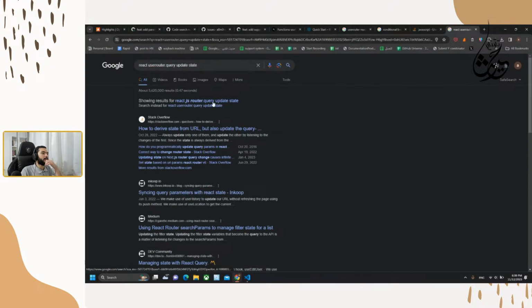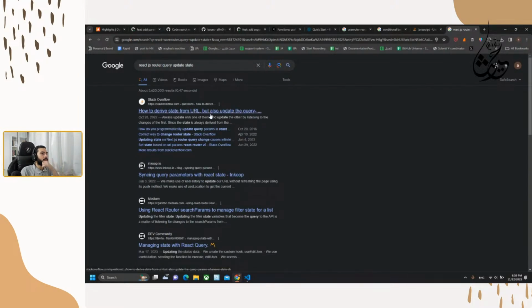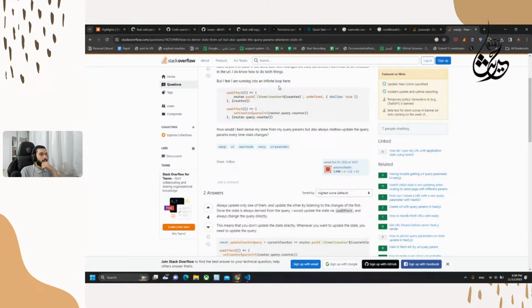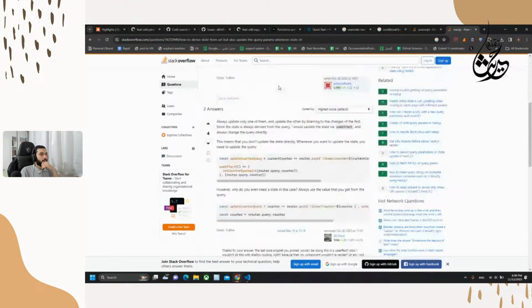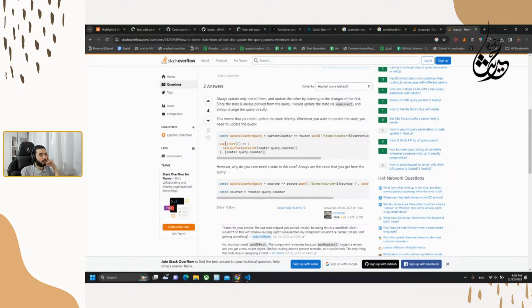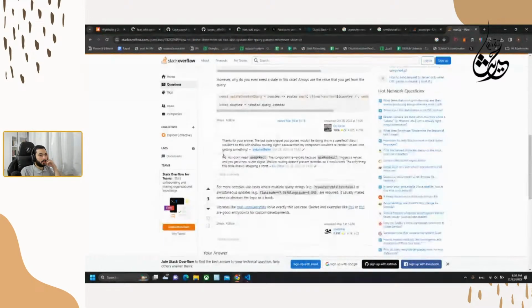Let me see if there is anything. Yeah, so here they are asking how to get a state from URL, and they are suggesting useEffect in this answer, but